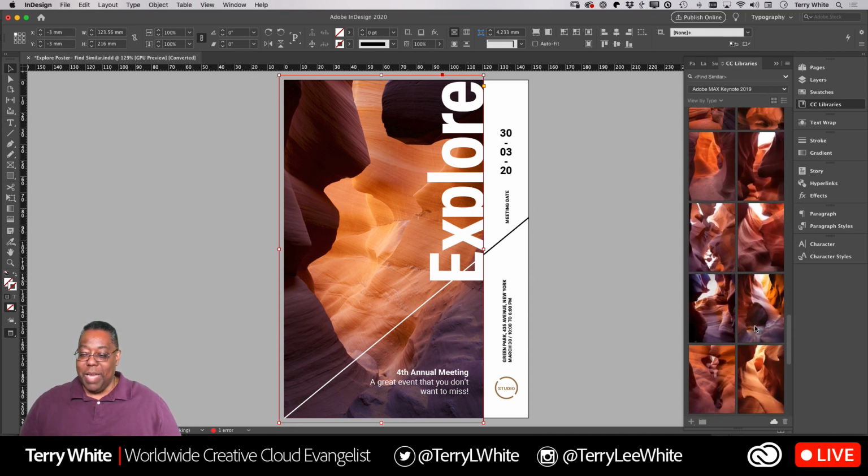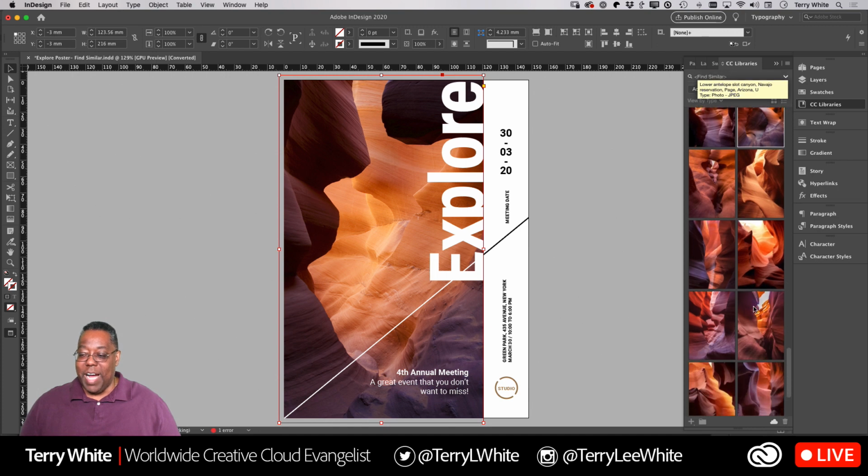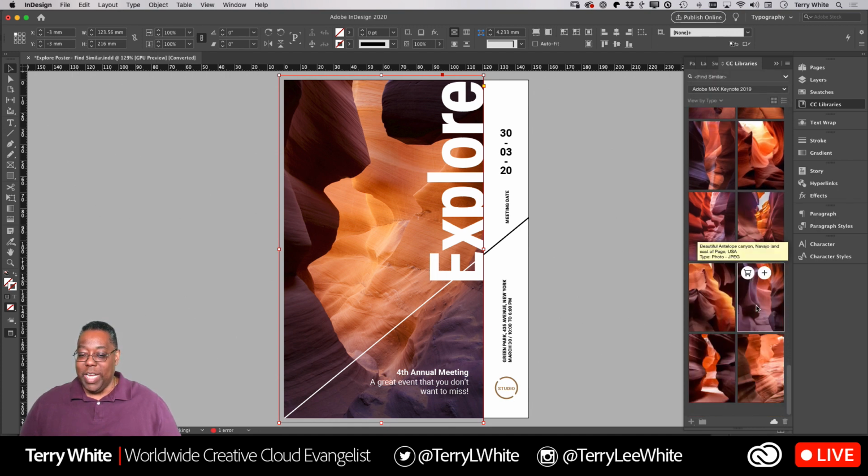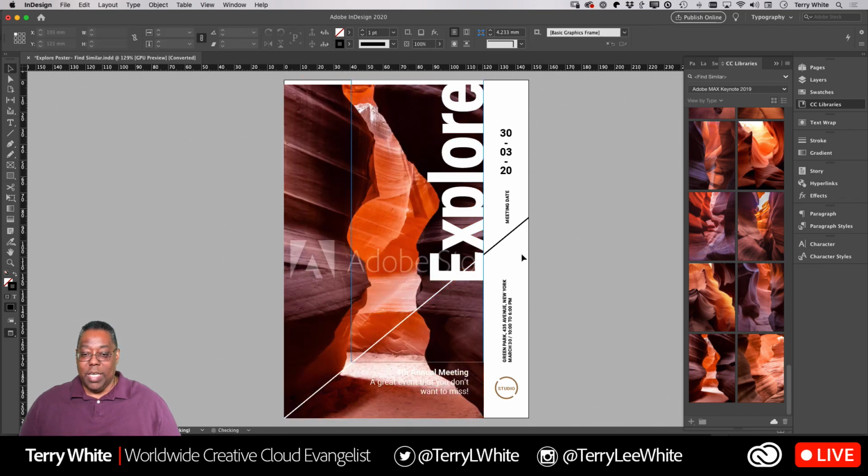Lets in a lot more light, maybe has a little bit more yellow to it. I can find similar images this way. So you can find one that looks better than the one you have, or one that the client likes better. So maybe this one where they can see more of the ground, maybe you're going to put somebody walking on the ground. So if I pull that image in and I replace my image with it,